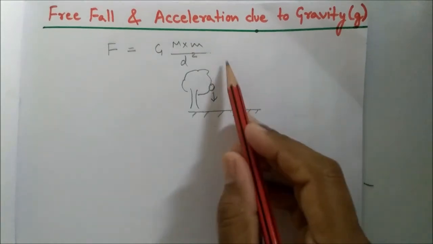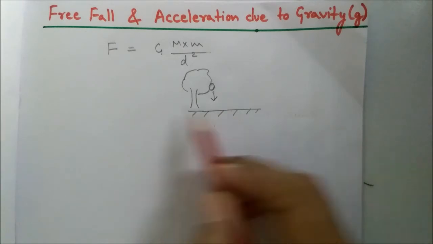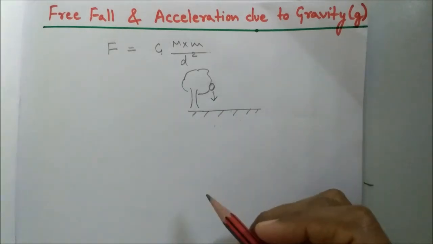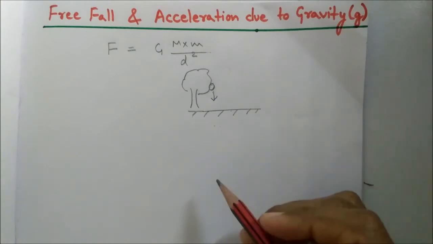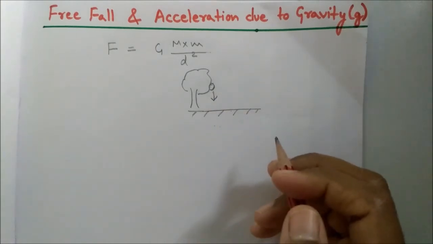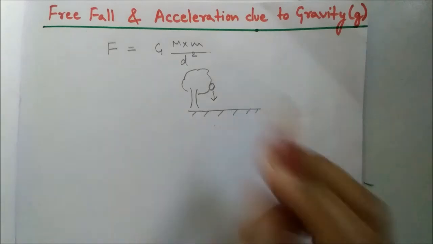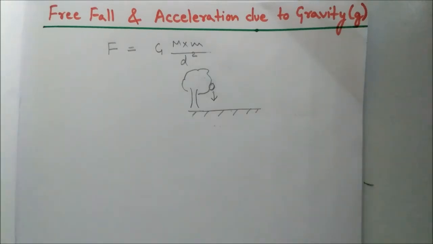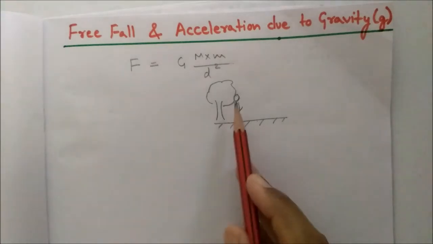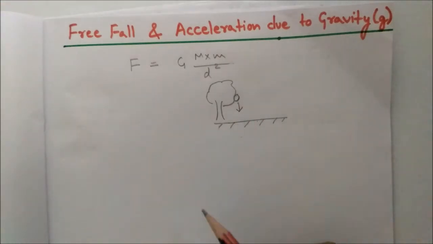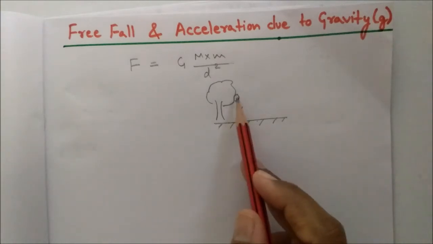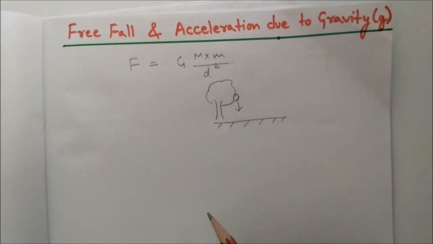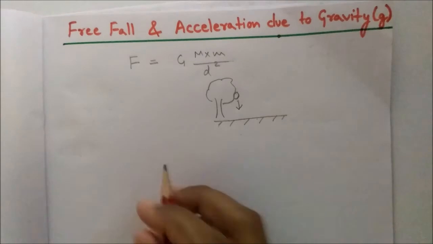If the object falls freely towards the ground due to the gravitational pull, or gravity, and no other force is applied on it, then we call it a freely falling object. That is the free fall of an object. Now, students, tell me, is there any velocity change for a freely falling object? Does the velocity change when the object falls freely towards the ground? Yes, the velocity changes. How? We will see with an activity.